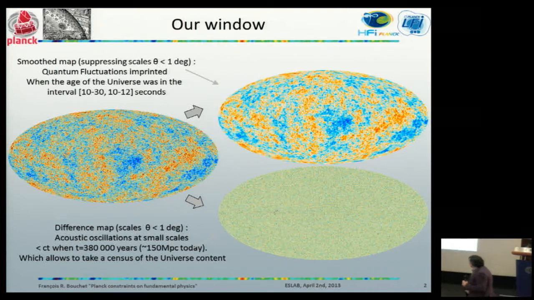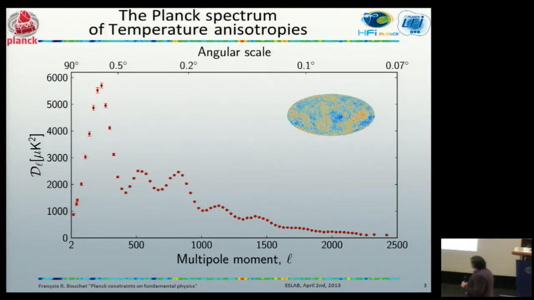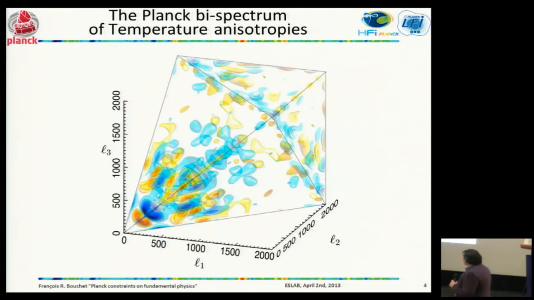As you all know, we have a pristine view of the initial conditions on all scales larger than 1 degree, and then something slightly transformed, mostly by linear physics, on smaller scales. Now, of course, we have to characterize this random field, and we are using a number of statistical tools. This is the one that George has been describing. But there is another one, which is 3-point statistics. I think of the previous plot as telling you what you have to do to describe what is happening at 2 different points on the sphere. The next level is to have 3 points on the sphere, and to do that you need 3 numbers.